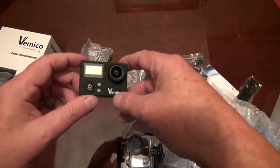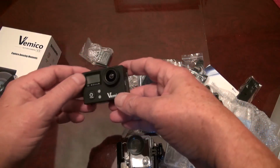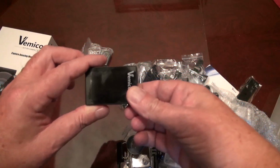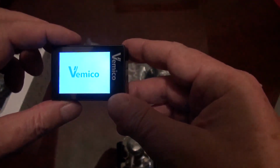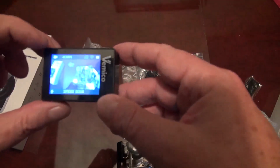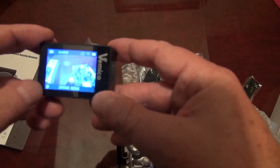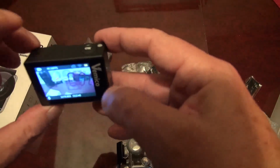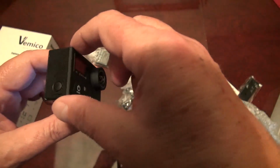Reminds me a little bit of the GoPro or even the SJ6 Legend with the dual screen. Let's see how fast this boots up. Let's see, right now it's set at 4K, 30 frames a second. Have an audio symbol or a little microphone symbol, let you know that the microphone is active on it. But first we're just going to test the camera as it is, but as you can see I need to stick in a video card, and